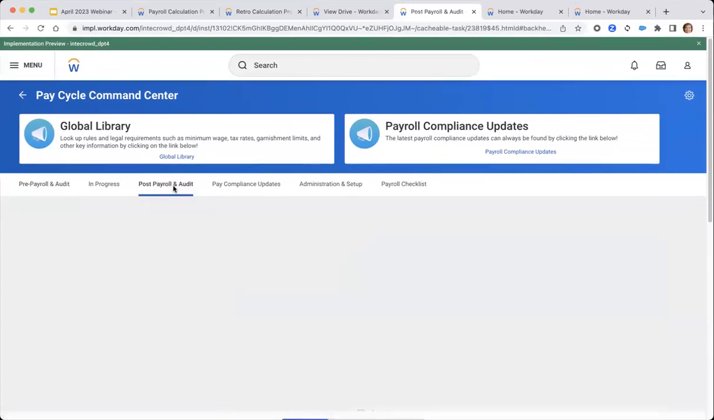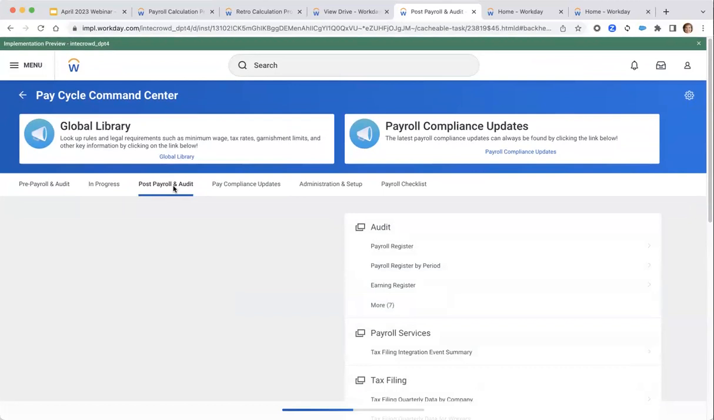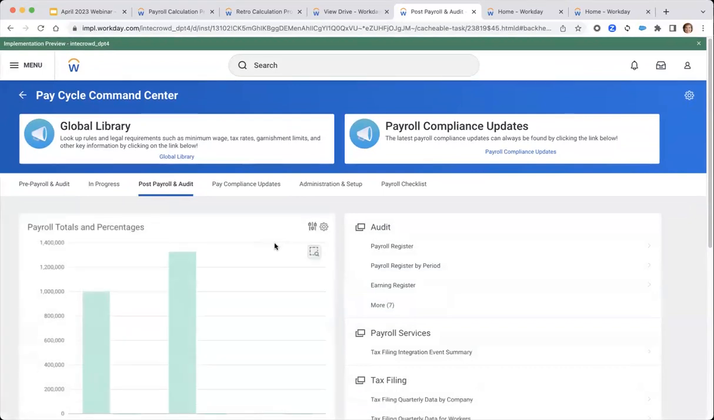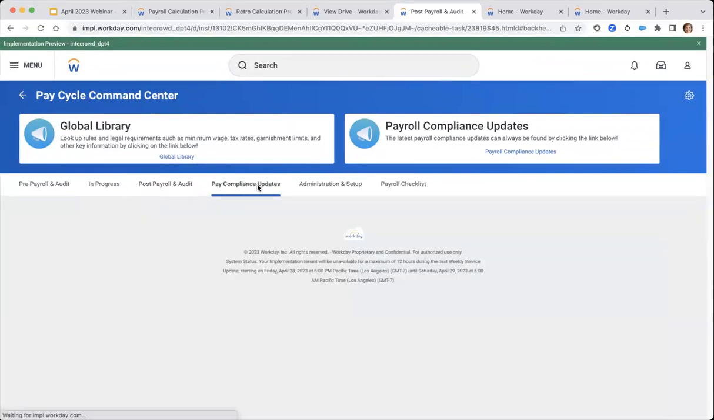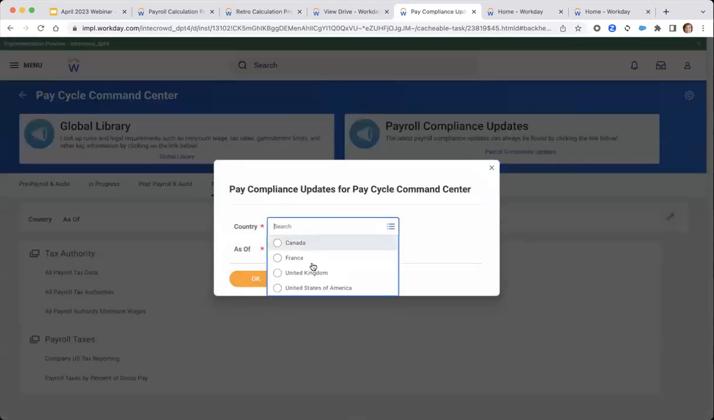You have post-payroll audits. Again, you can put your reports in here as worklets. You can have all the reports on the right side. And so I can just click on there and it would launch the earnings register. You have pay compliance. So I'm just going to do